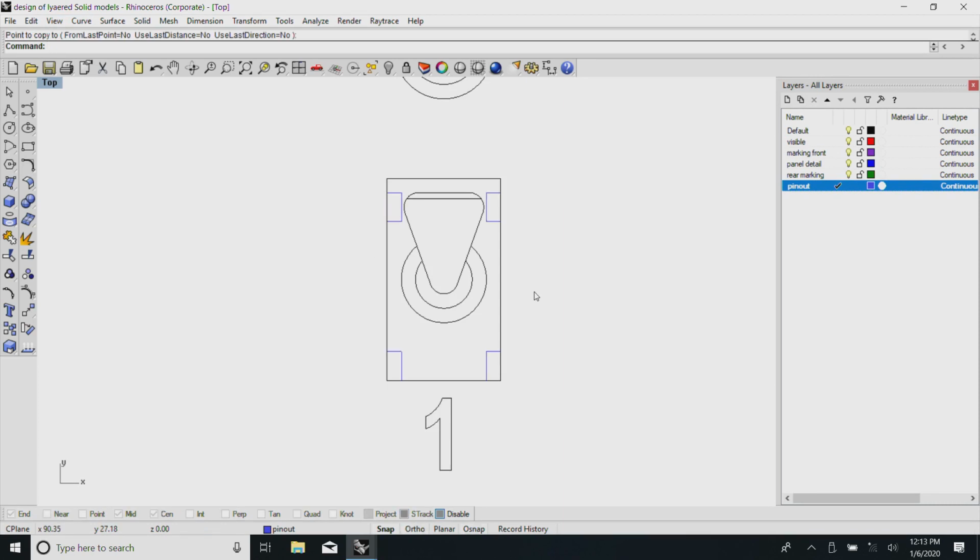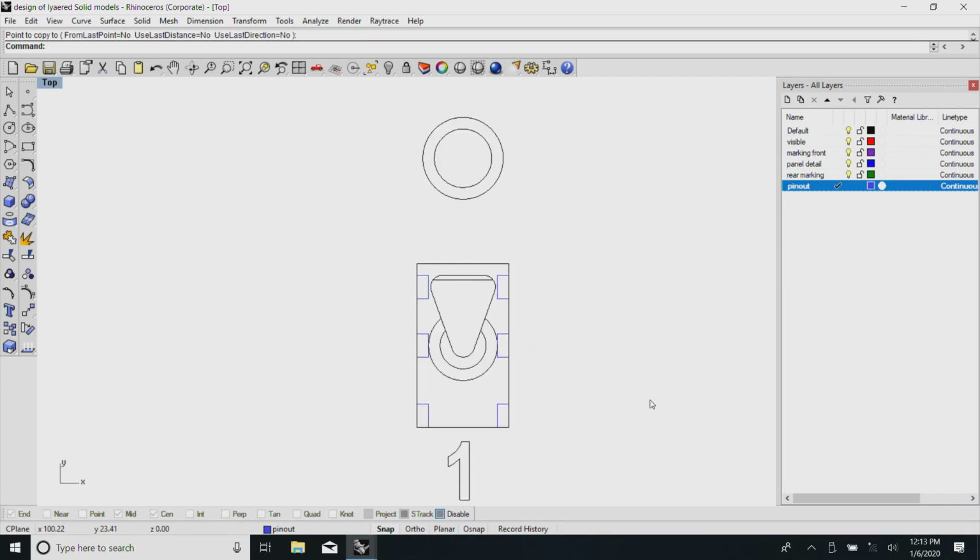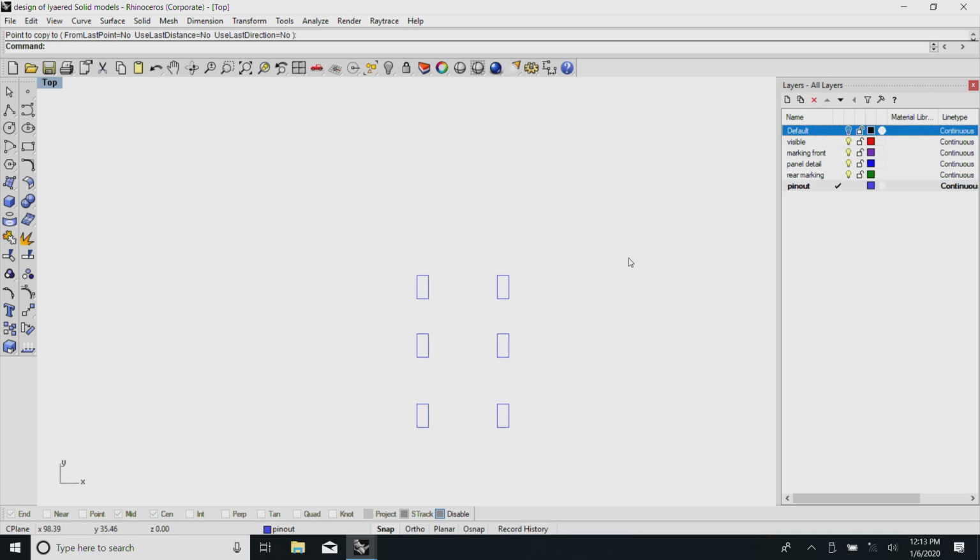So I will now try to copy them. See this, I have 4 of them. Now if you see here, these are the basic pinout diagram. Right now I have used only the basic simple millimeter grid. So if I now switch off the default layer, I have the pinout that is written there, and at this point I have not put the marking.